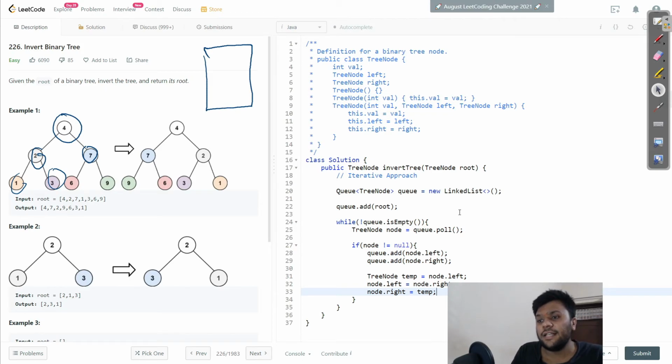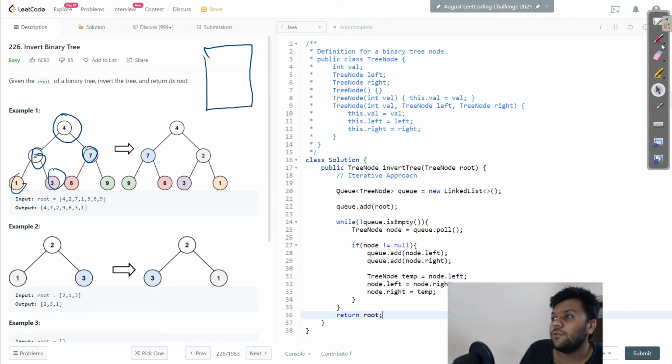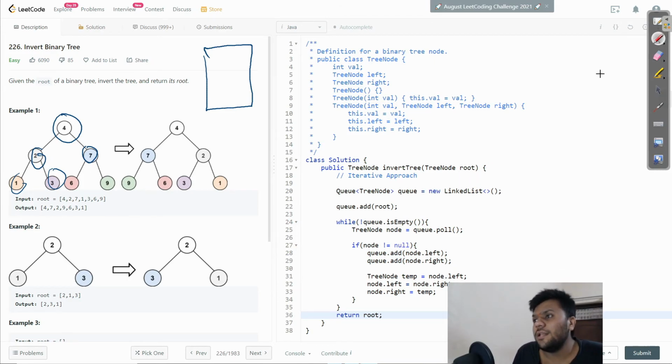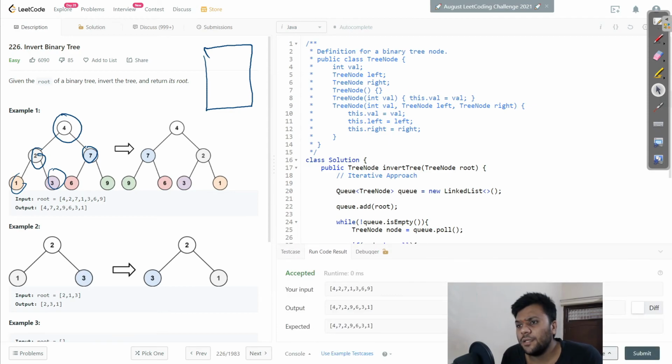And the final thing is, just let me return it. So I have to return it as well. So I will say return my root over here. So guys, that's all the code, that's how we do it. Let me explain one more time, but before that, let me just run this one. Let's see if we face any compilation error, and it's accepting.